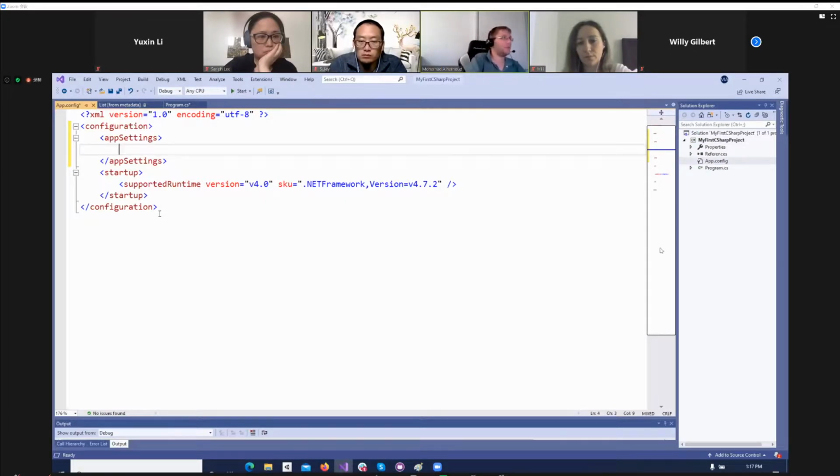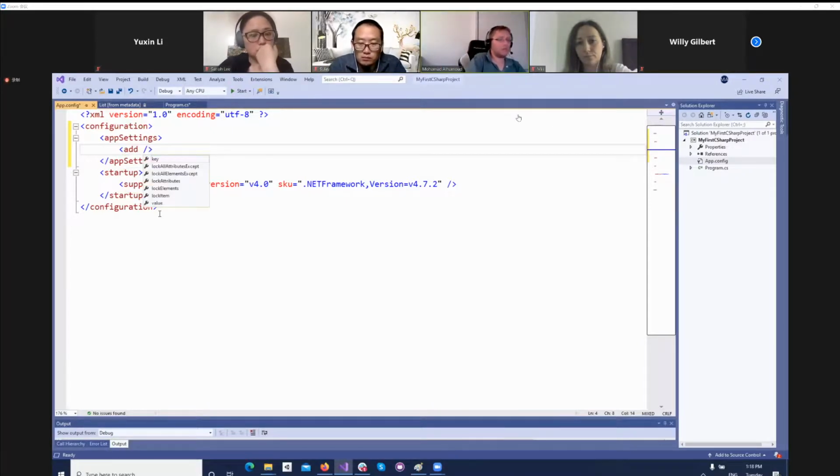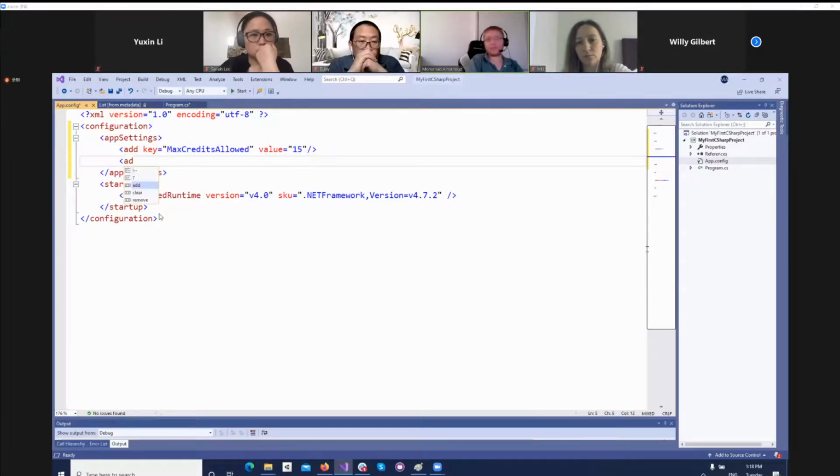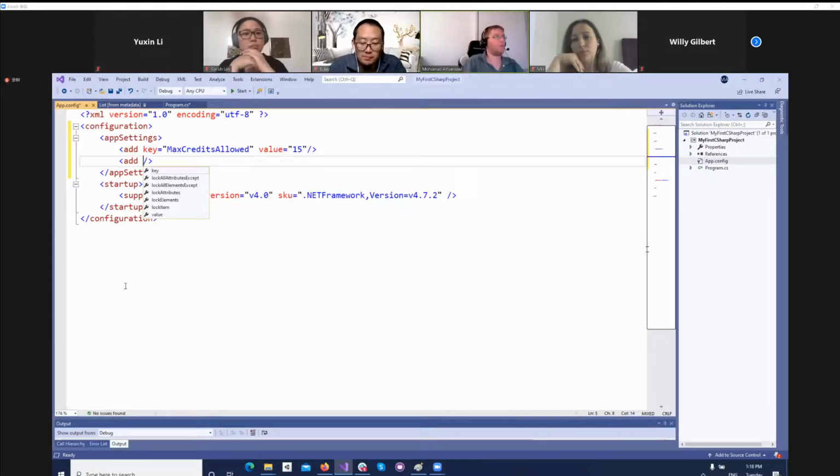So you can say, for example, of course, you can add. The key is the name of this value, like max credits allowed. And the value is, let's say, 15. You can add another key. This is just a text file. So you will give the person the exe. You will also give them this file, which is just a text file. The key is